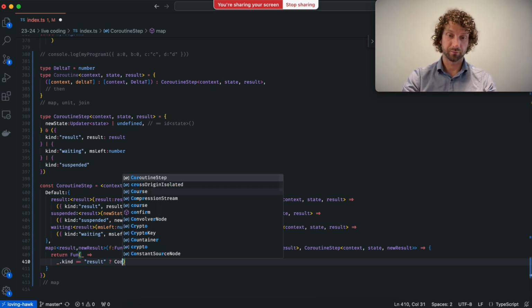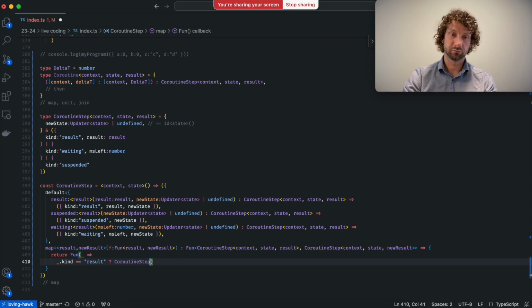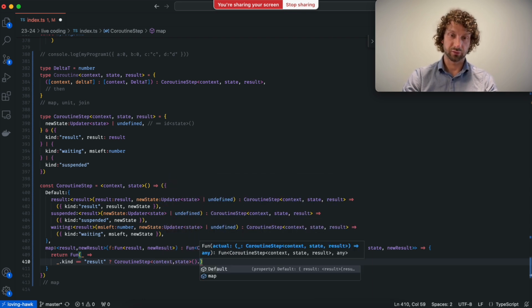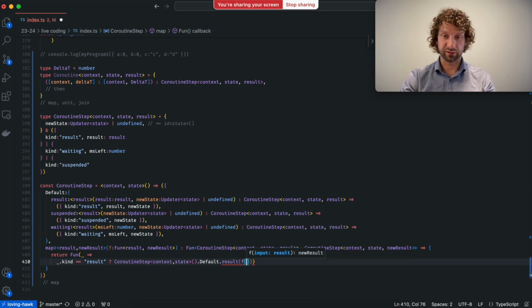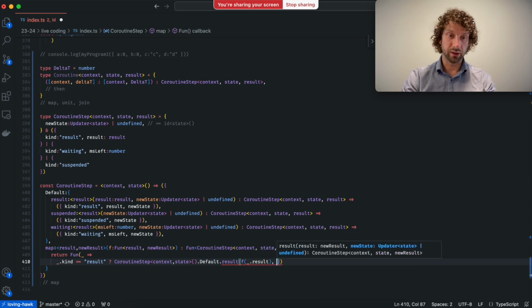So we call coroutine step of context and state dot default dot result of, I'm just going to see if it can guess the result. I think it should be able to. F of underscore dot result, and the new state will be whatever new state we had in underscore, because there's no reason to break